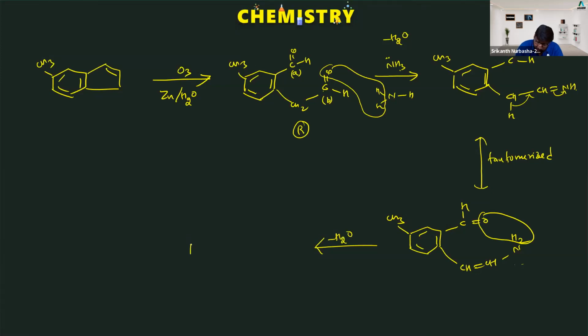You will be generating what? CH3. See, the carbon and nitrogen are going to be connected with a double bond. CH obviously. And here you have CH double bond CH, and these two are connected with nitrogen. This is your respective major product,